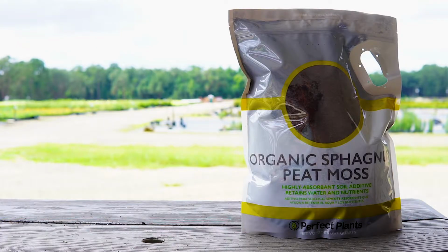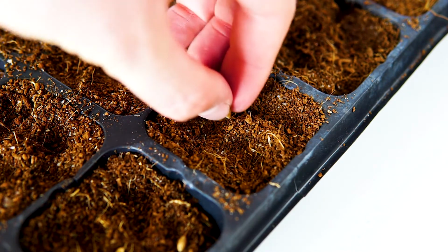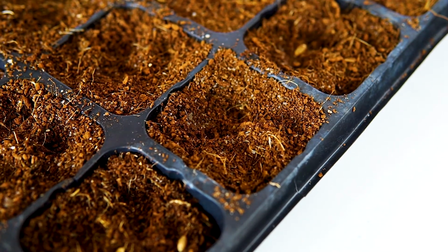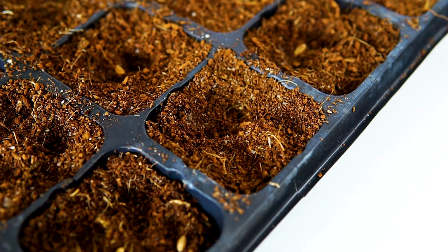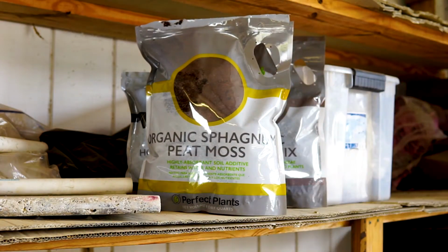Next on our list is Peat Moss. Peat Moss is another soil additive that is sterile, lightweight, and highly absorbent. Many gardeners love this product because it's a sterile growing medium, meaning harmful bacteria cannot survive within peat moss. Peat moss is such a great product to have around because of its high absorbency, which is why it works